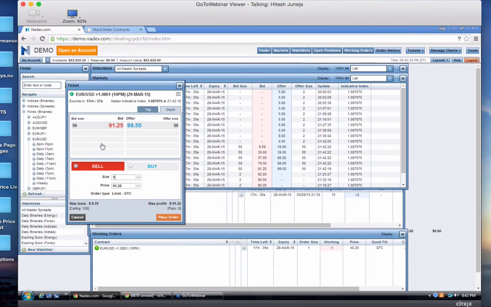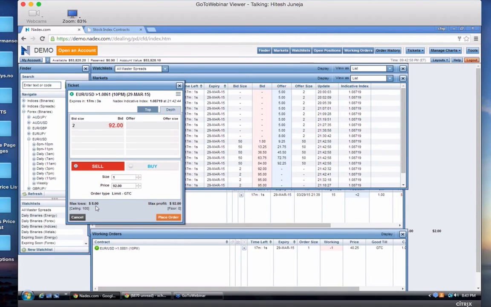Now, Chip, is there any problem if I just taught something really quick? I'm going to give you guys a very quick example, and we'll keep it on this ticket because it'll make a lot of sense to you. So remember, we are saying that if there's a sell-off, if the Euro USD ratio drops to 1.0861 or less, then you stand to profit $92 at the cost of 8. Note that the expiry is only 17 minutes away.